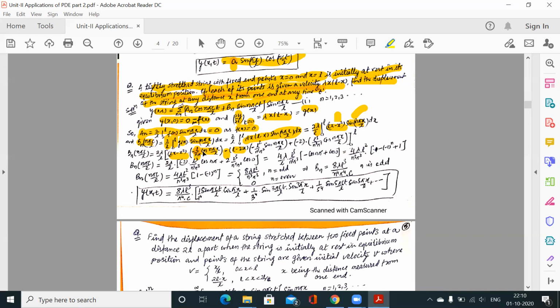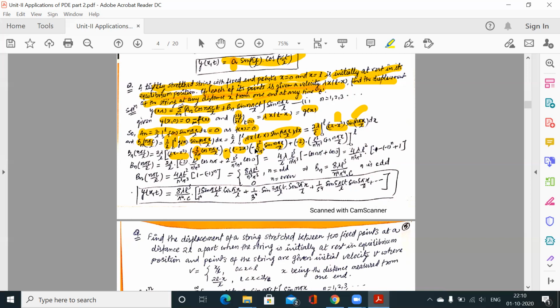इसका फिर से इंटीग्रेशन क्या हो जाएगा? नाउ कॉस का क्या हो जाएगा? साइन, और डिवाइडेड बाय एन पाई बाय एल, एल बाय एन पाई ऑलरेडी है तो स्क्वायर हो जाएगा. सो माइनस एल स्क्वायर बाय एन पाई स्क्वायर इंटू साइन, प्लस, देखिए पहले प्लस फिर माइनस फिर प्लस, ऑल्टरनेटिव साइन होंगे. एंड दिस इज अगेन इसका डिफरेंशिएशन. एक फंक्शन को हम डिफरेंशिएट करते जाते हैं, दूसरे को इंटीग्रेट करते जाते हैं. सो इसका फिर से डिफरेंशिएशन क्या होगा? l का 0, माइनस 2x का माइनस 2. सो माइनस 2 इंटू इसका फिर से इंटीग्रेशन.